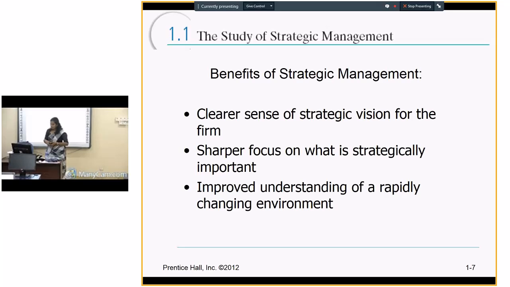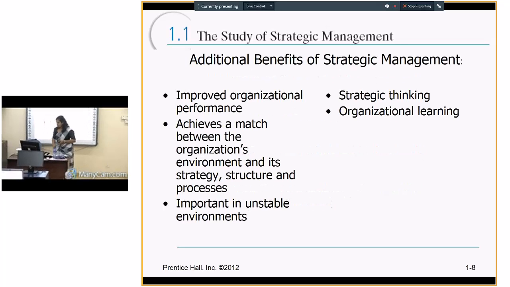So these are the main benefits. Other than that, there are some additional benefits, like we can improve the performance of the organization. Yes, because all the departments will be going around a common goal, common vision, common mission. Therefore, there might be less conflict between the departmental staff. Therefore, we can improve the organizational performance, and also we can match the organization's environment with its strategy, structure,